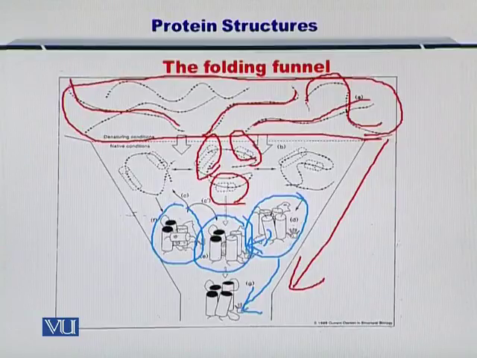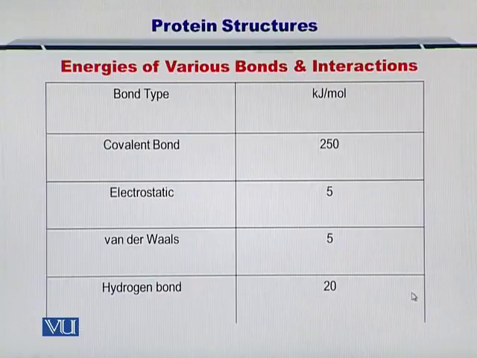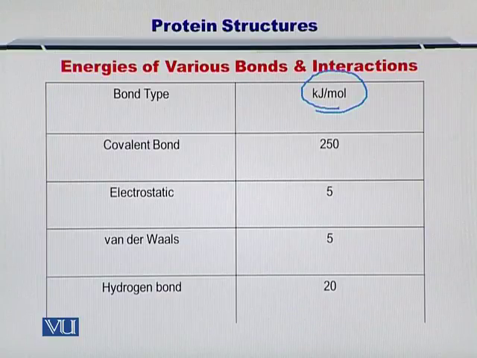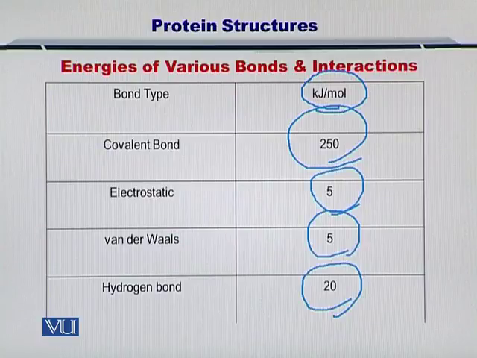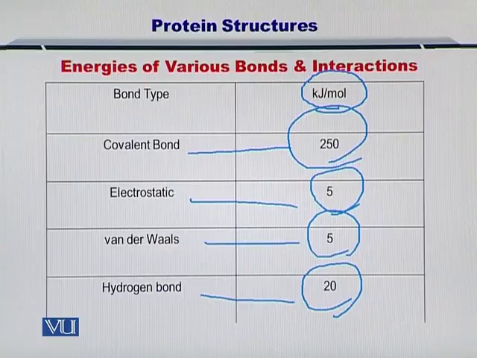Okay, so to move on, there are 4 types of interactions that govern this process. So these are the covalent bonds, the electrostatic interactions, the van der Waals forces, the hydrogen bonds, and as you can see in the column at right, the energy that is given out due to each one of them. So therefore, you can yourself imagine that a protein would essentially want to make a covalent bond,